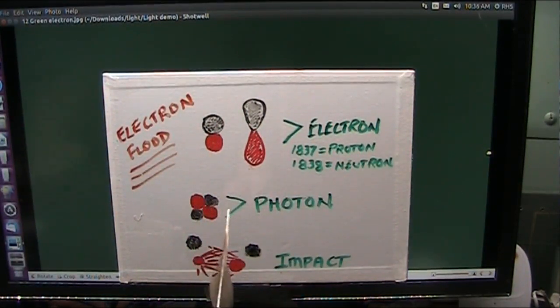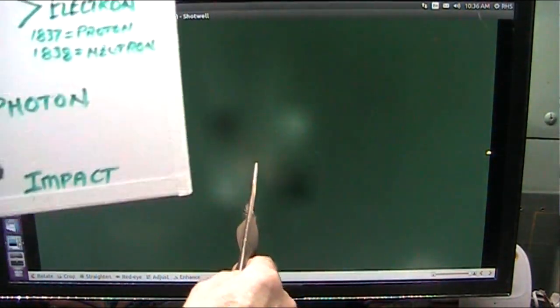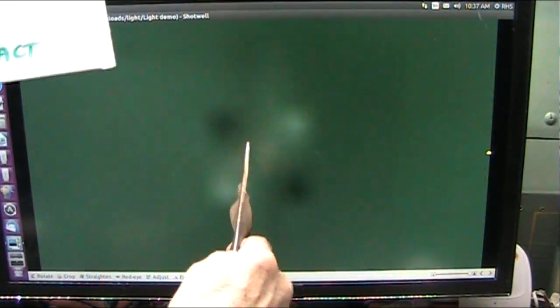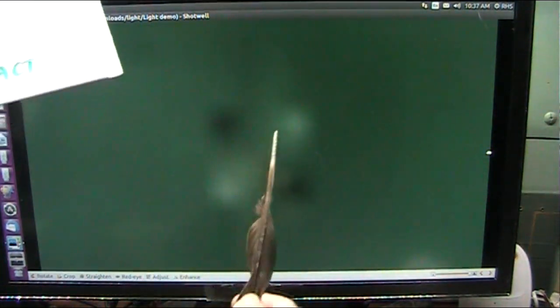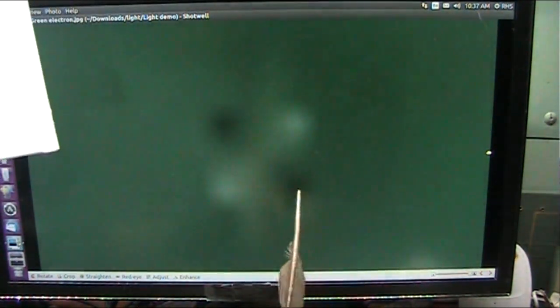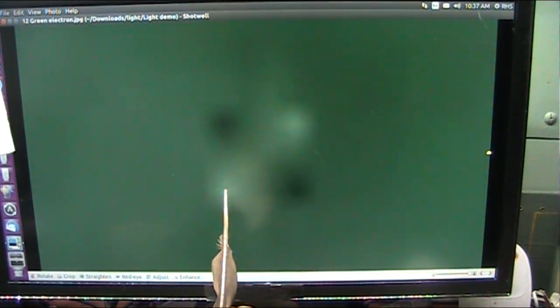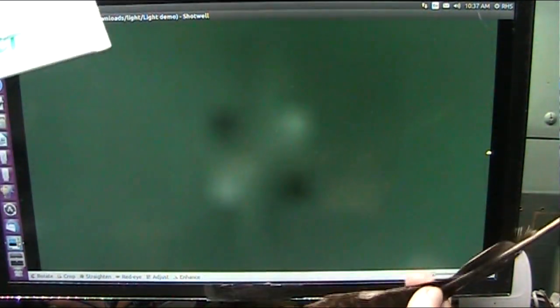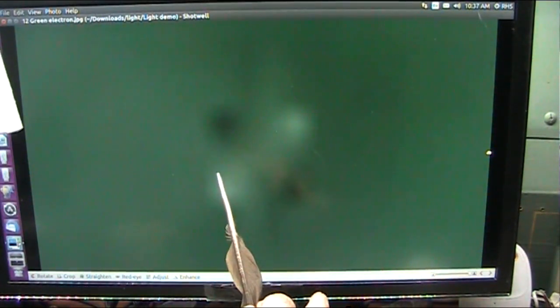Together they make photons, just as I showed you here. That's the photon. You see it? That's the photon. Now, we even see spikes on this one because energy, anytime you have something bashing into something, you're going to get a glow. This is beginning to glow. In a second, it'll turn just into a blurriness so you won't hardly believe. And you'll see it. I will show it to you.